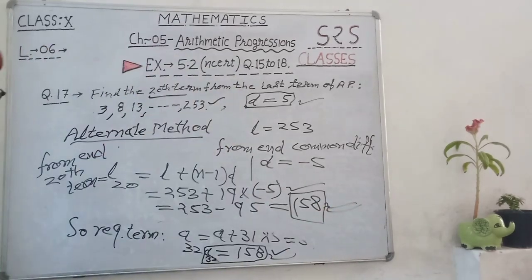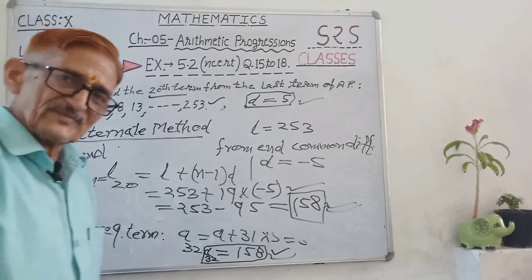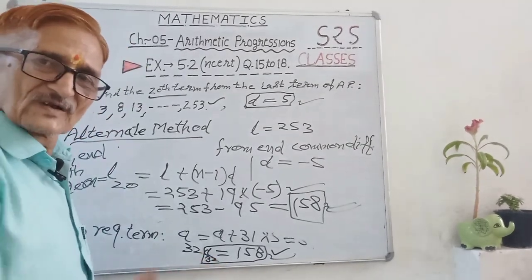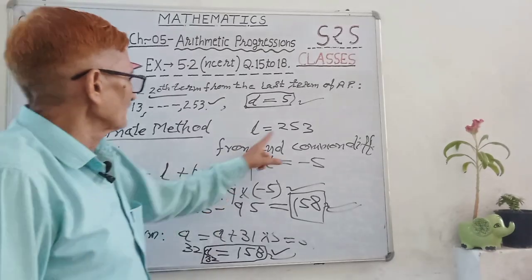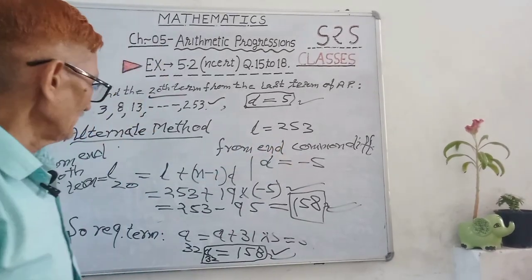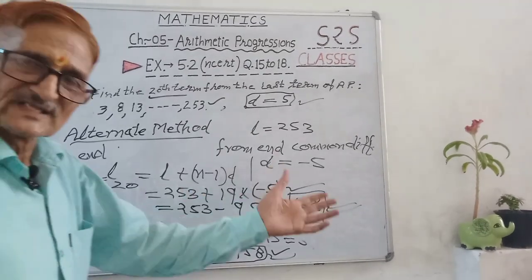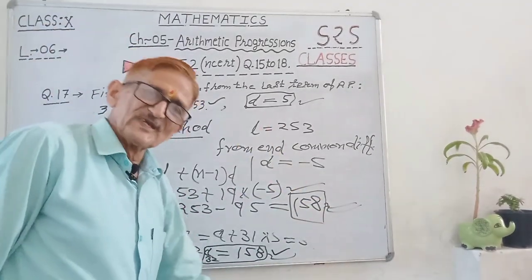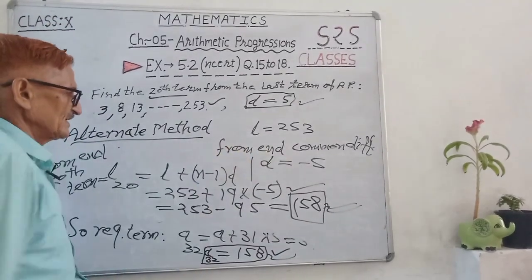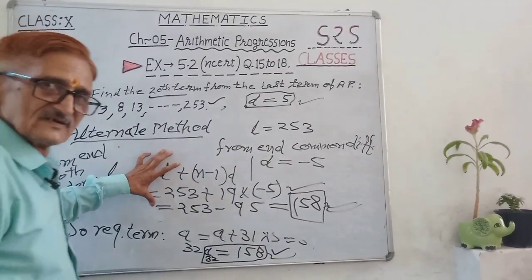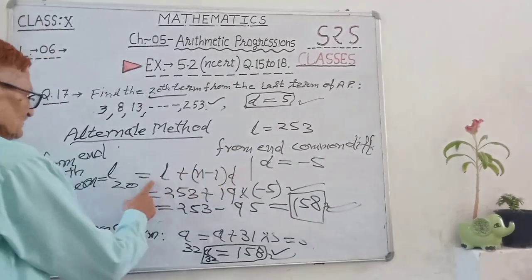So which term from the end, the 20th term, that will be from the beginning, total terms n minus 20 plus 1. So the total number of terms we have calculated, how much was there, 51. So that was the method from the beginning, and there is a direct method from the end we can do. This is the short method. So you can apply this formula from the end.